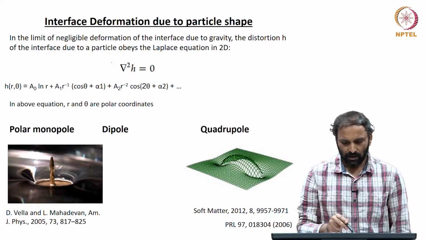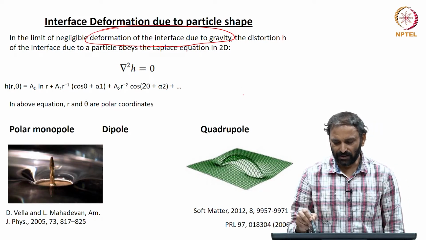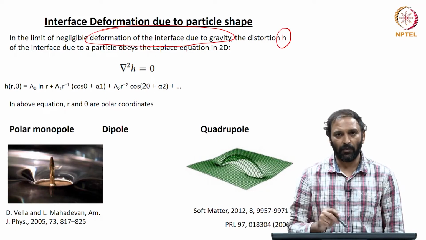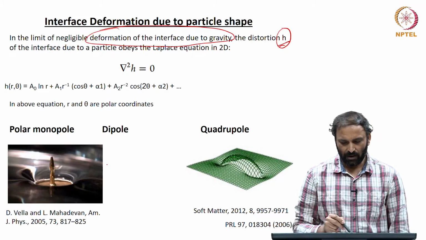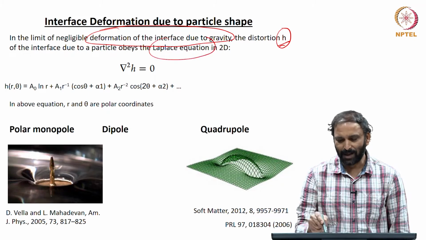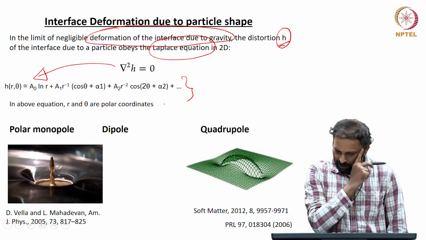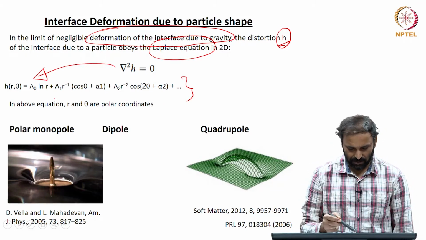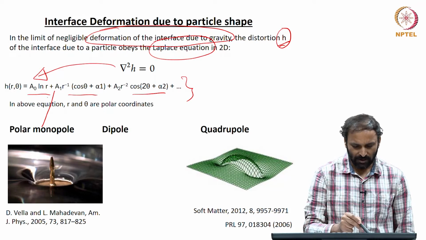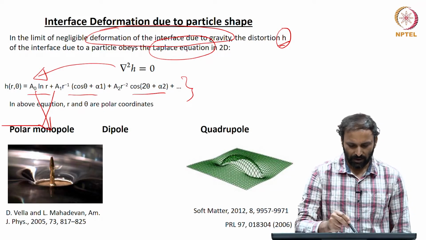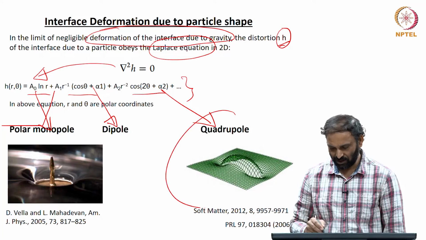In the case where the deformation of the interface due to gravity is negligible, the distortion of the interface with respect to the planar condition, that is h, obeys the two-dimensional Laplace equation, and the solution of this Laplace equation is given by this. The different terms that you see here are what are called capillary poles. The first term is what is called a capillary monopole, the second term is what is called a dipole, and the third one is what is called a quadrupolar deformation, and we saw an example of that